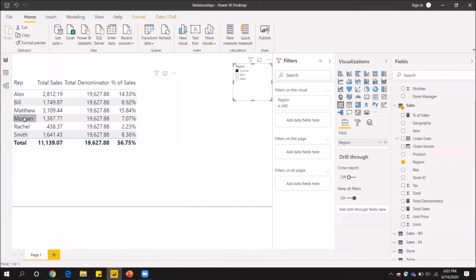These are my 6 different reps from the Central region. If you look at the total denominator column, it is still showing me 19,627. Whereas, had it shown me 11,100, it would have been great. And as a result, the summation of percentage of sales would have been 100%, which is 56% as of now.